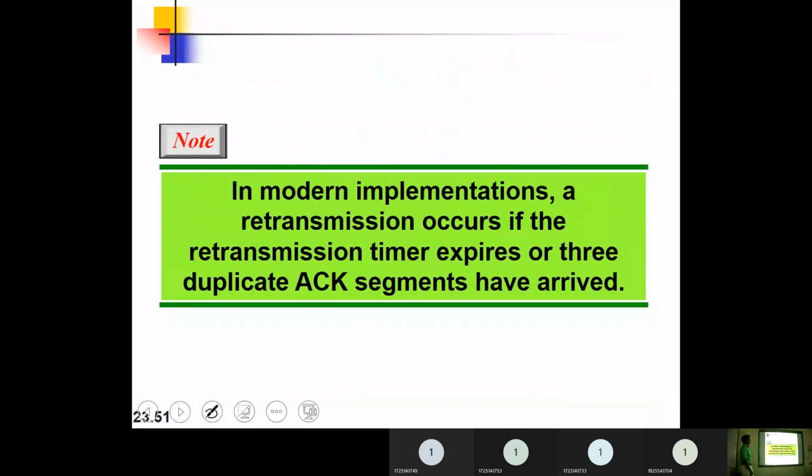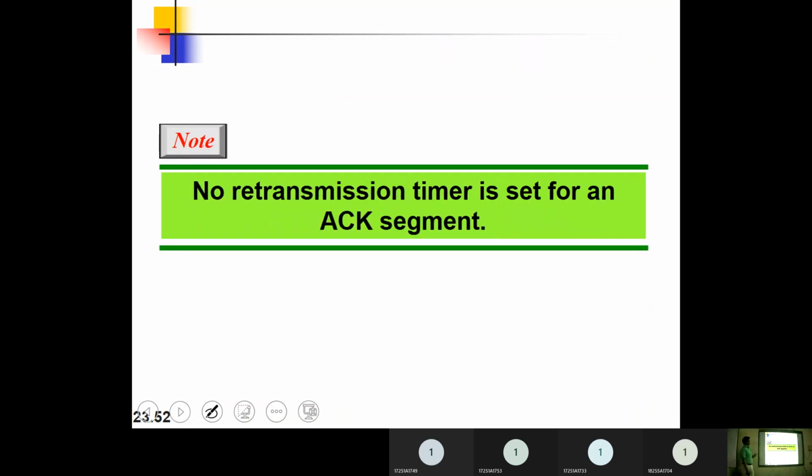In modern implementations, a retransmission occurs if the retransmission timer expires or 3 duplicate acknowledgement segments arrive. Okay, this thing we have considered in the lab also. We will see this thing. No retransmission timer is set for an acknowledgement. For example, you are sending data, you will start the retransmission timer.